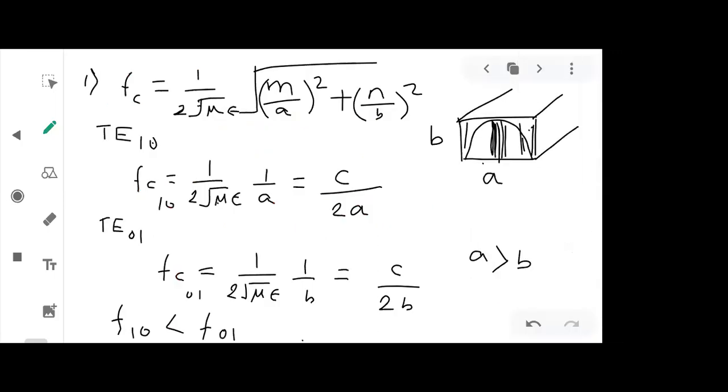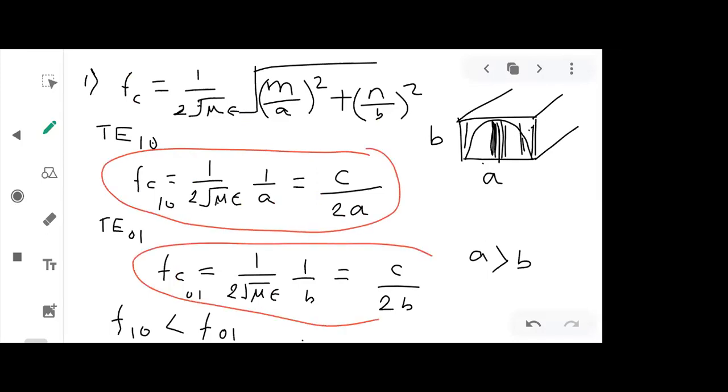Where is this? A equals to B. Correct. Because here, if you remember, this was the result: cutoff frequency for TE10 mode and cutoff frequency for TE01. So it is always C by 2, C by 2 in both the cases. Only A and B are different. That's why you are getting different frequency. So if A and B both become the same, in that case the cutoff frequency for both the modes will be the same. Means if you are having a square waveguide, then the cutoff frequency for two modes is going